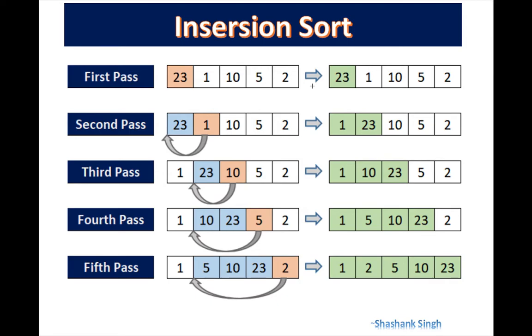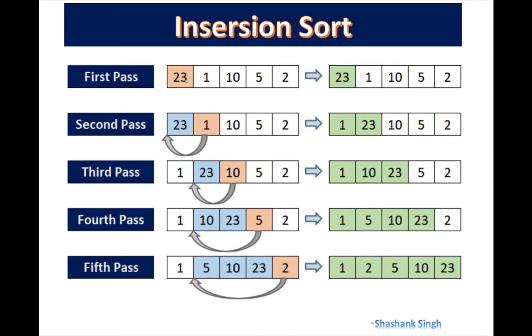So basically insertion sort is an algorithm which sorts a list, or you can say an array, by shifting elements one by one and inserting the right element at the right position, right? So if you'll see here, let's assume these are all the elements of a list. Initially, I will divide the whole list into two parts: first, the sorted list, and second, the unsorted list, right? So initially the first element of the list will be in the sorted part and the rest of the elements will be in the unsorted part, right? Now we'll start comparing the first element of the unsorted part with the sorted part, right?